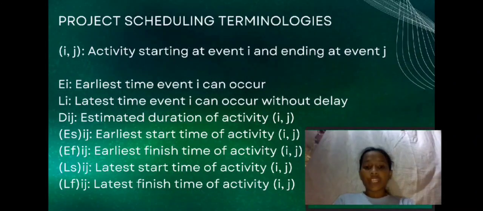DIJ is the duration or length of the activity. ESIJ is the earliest time an activity can start, and EFIJ is when it can finish at the earliest. LSIJ and LFIJ are the latest time it can start and finish without affecting the project timeline.